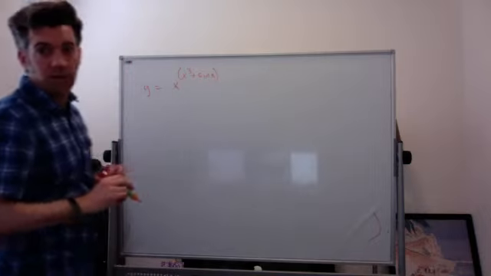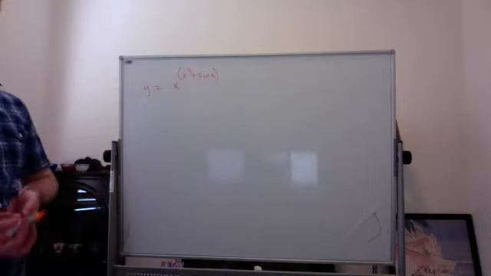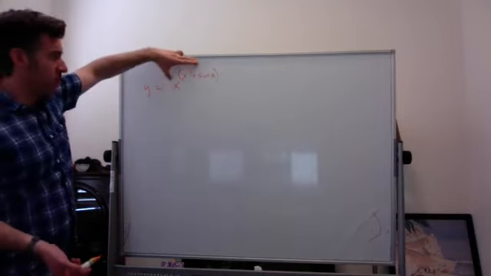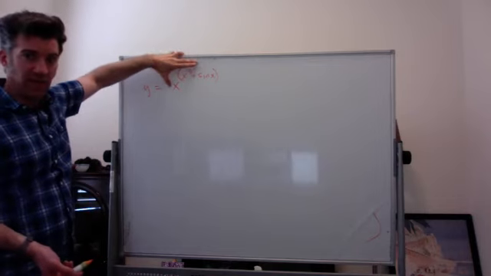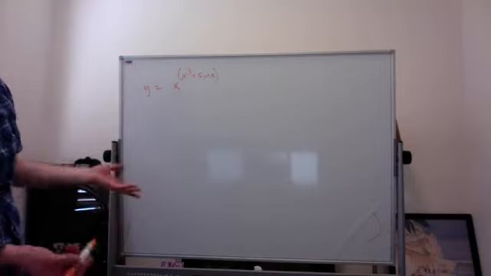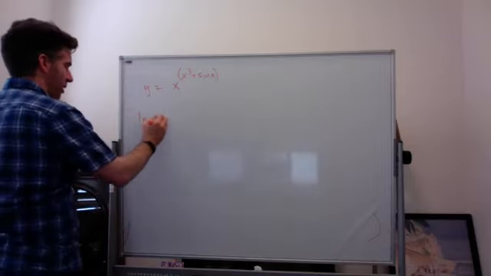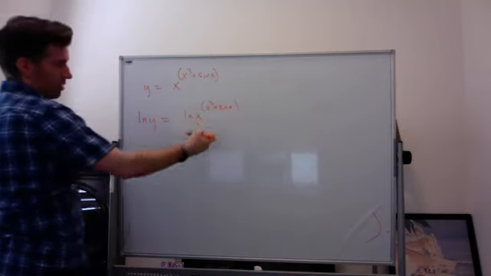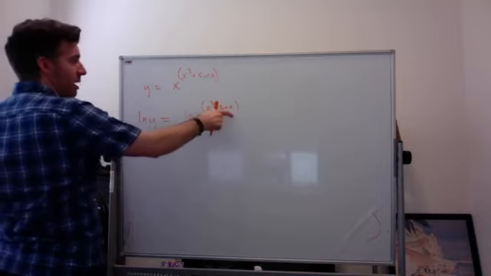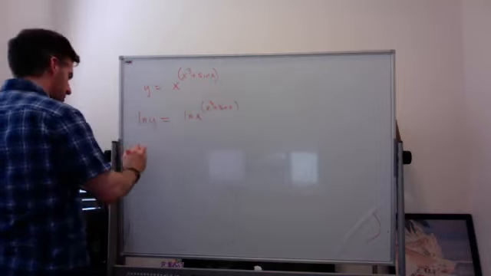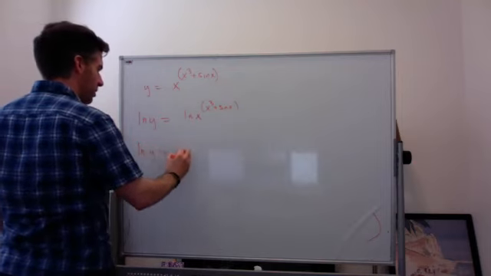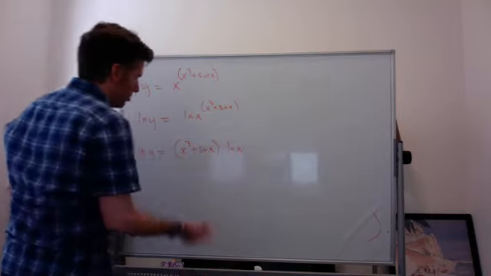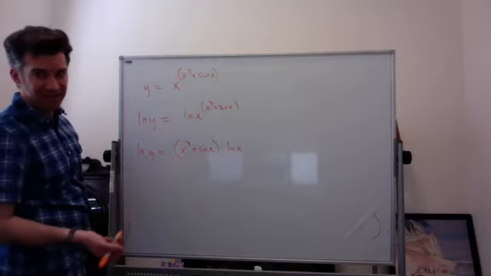Sure, why not? So the way you're going to try and differentiate this, again, is by starting off by taking the natural log of both sides. And we know we have to do the natural log of both sides here, because you have an expression where both a base and an exponent have a variable in them. He also told us to, but still. Natural log of y equals the natural log of x to the all this. And the whole reason for taking the natural log of this right hand side is you have the natural log of something to a power. That power gets to come down in front. So your natural log of y equals x cubed plus sine x times the natural log of x. You might distribute and write it as x cubed natural log of x plus sine x natural log of x,